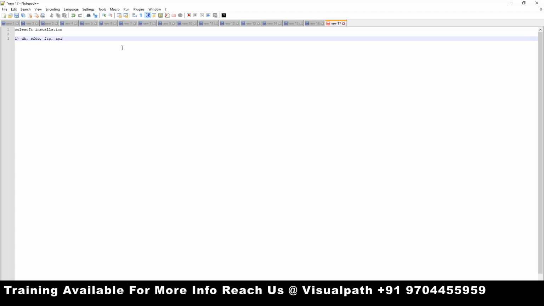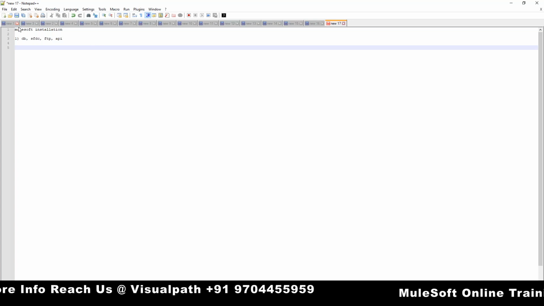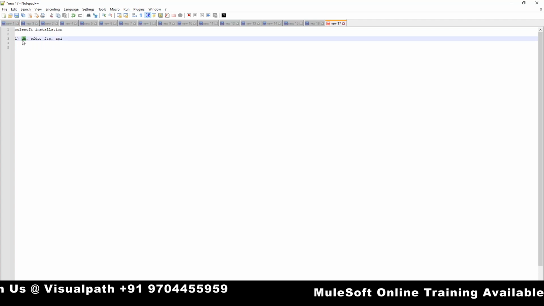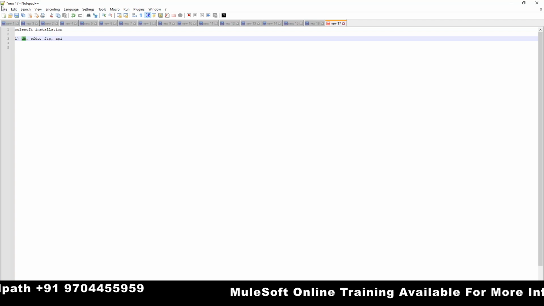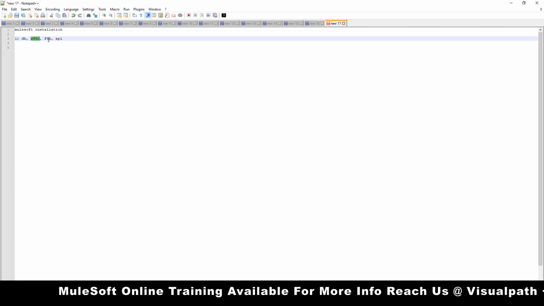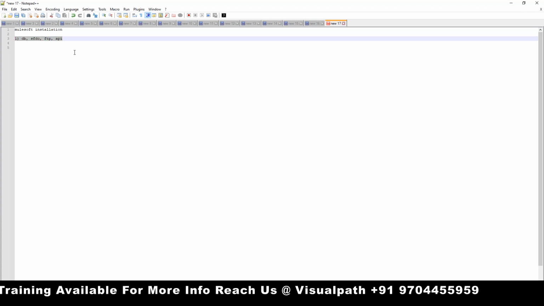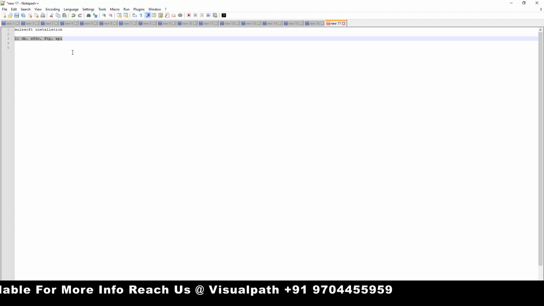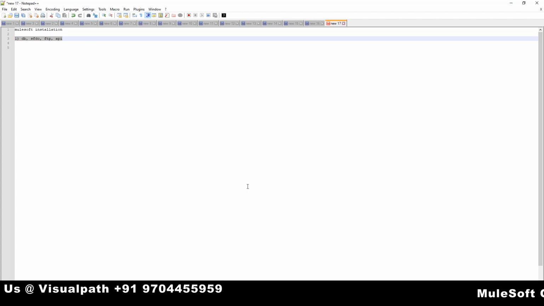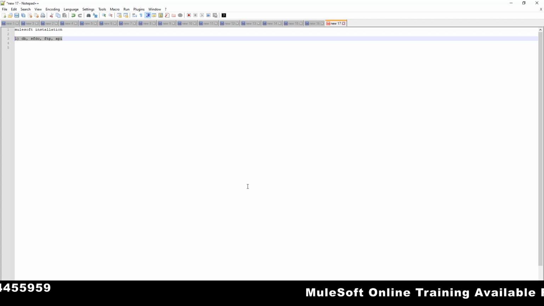Okay, so to fulfill these things, for the database, the team is going to share the database credentials with you. Salesforce is also the same, FTP is also the same, and for the testing purpose of all these things, you need a client. So you need a MySQL client, or based on the database, you need to install the specific client.